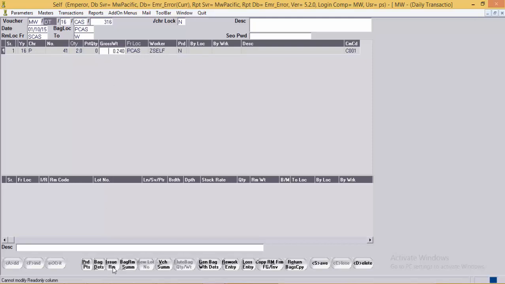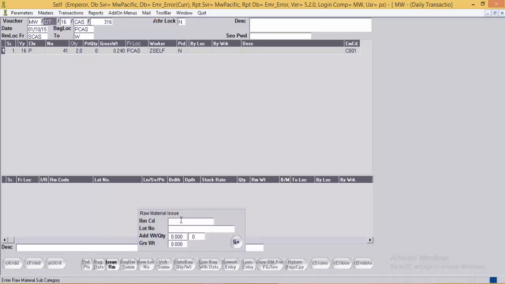Now I want to issue gold into this bag, so I will select the RM code and the weight. In the issue RM, system asks for the add weight and quantity and the gross weight.